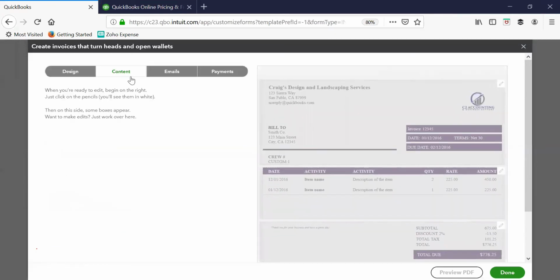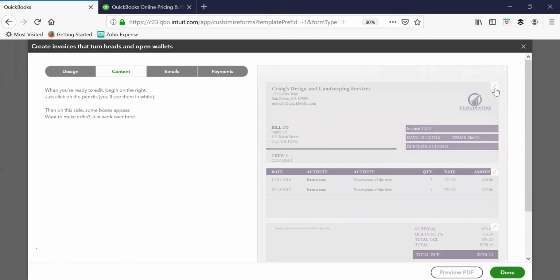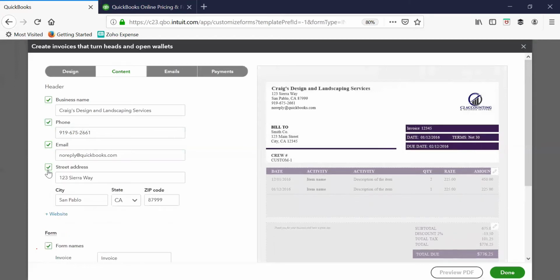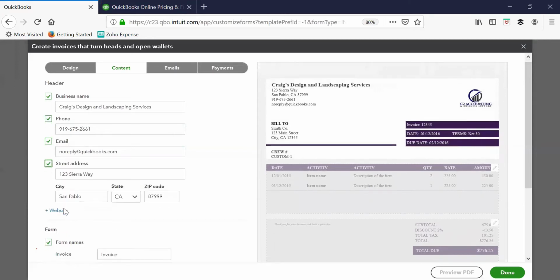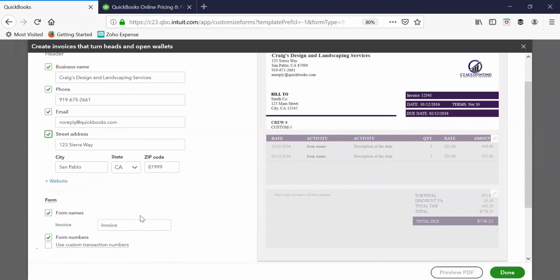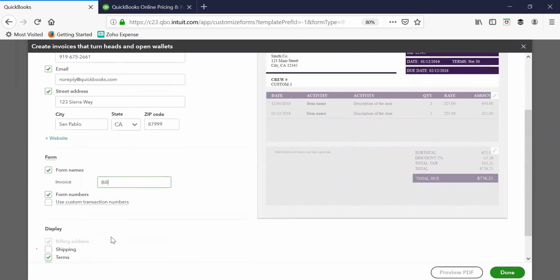If I go over to content, you can click on anything that has the edit icon. I can add the phone number here, if I wanted to. I can take off the email address or put it back on. If I wanted to add the address, I could do that. Take it off. You can basically do a lot of things. In this case, if I wanted to change it from invoice to, say, bill, I don't know. If for some reason I want to do that, I can change the form, the name, the numbers,